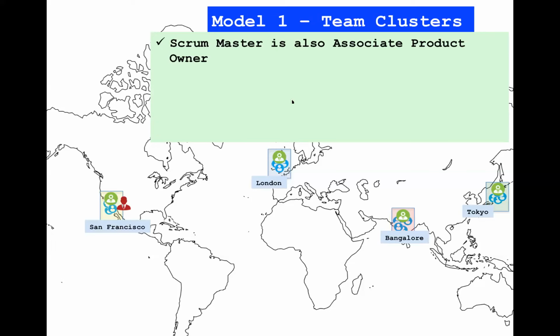So the Scrum Master needs to be an associate product owner. What it means is that they need to understand the business context where the development is being done. They should be able to help the product owner prioritize, or help the team locally answer some of the functional questions or business questions, help them understand where their work is going to fit in the big picture, and be able to answer questions during the day, because they'll have questions and they need them to be answered quickly.